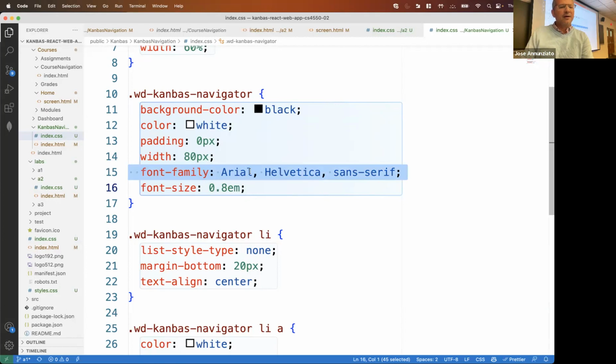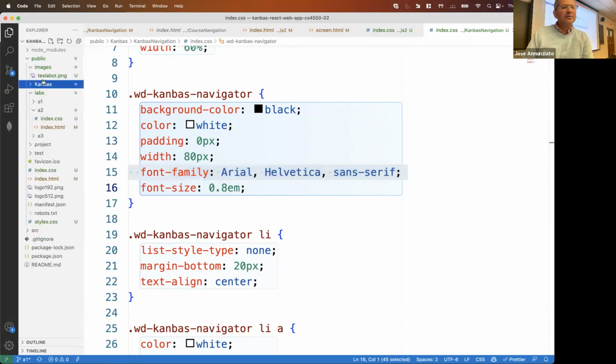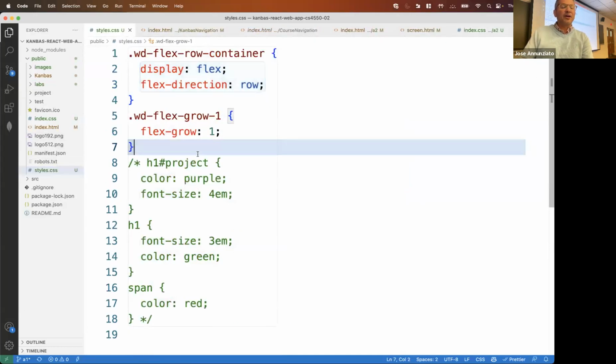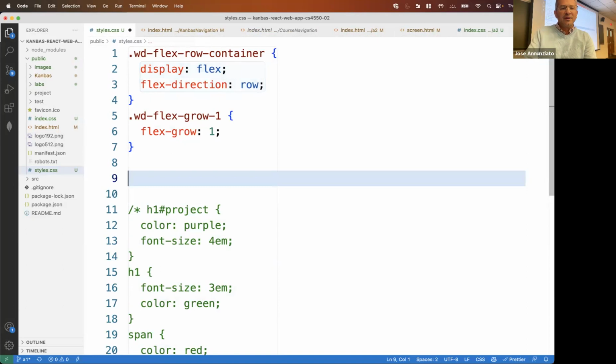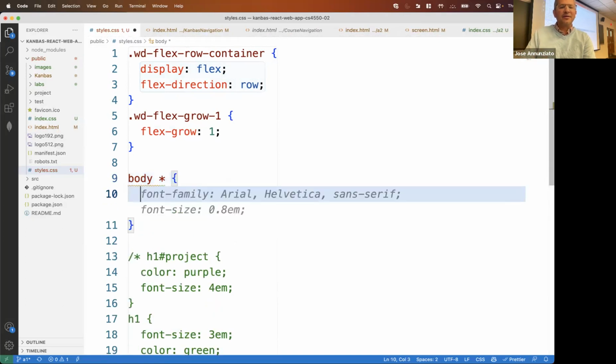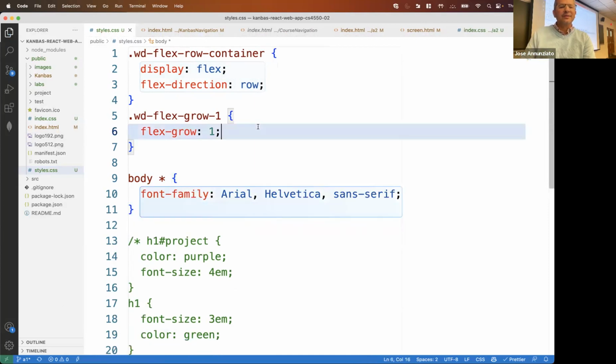I could say instead in a top level, maybe style. Let's see, under public, do I have a style CSS, right? And we could target the entire document. We can say, the entire body followed by all the elements in there. I want to change the font family to be Arial, right? So now that's going to be applied to all the elements under the body tag, all of them,